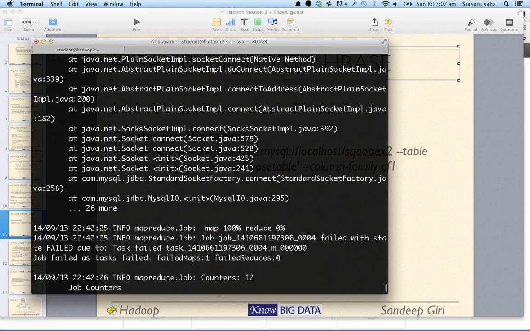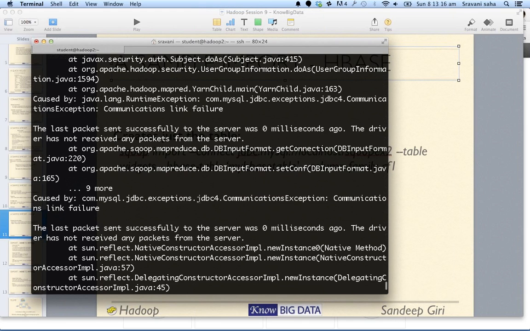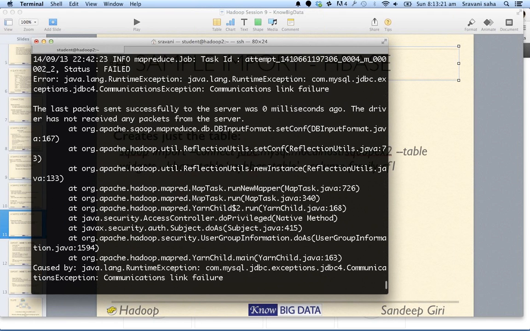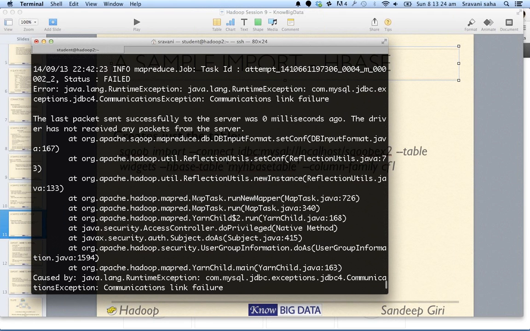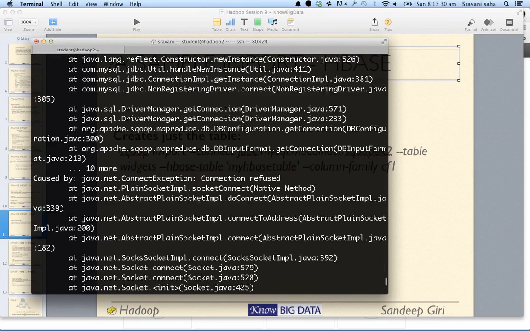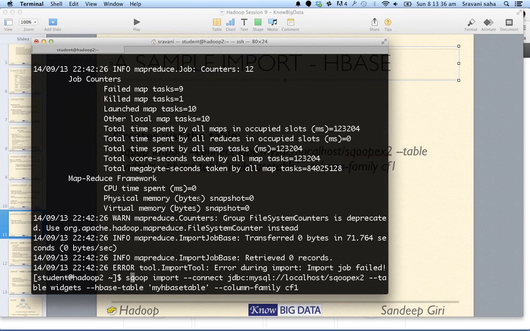Yeah, so it is still giving some sort of errors. The driver has not received any packet from the server. Last packet sent successfully to the server 0 milliseconds. Is it not able to connect to MySQL? I think it's not able to connect to MySQL. And what we need to basically do maybe is, instead of specifying localhost, we'll have to say